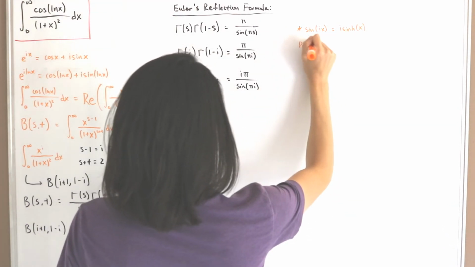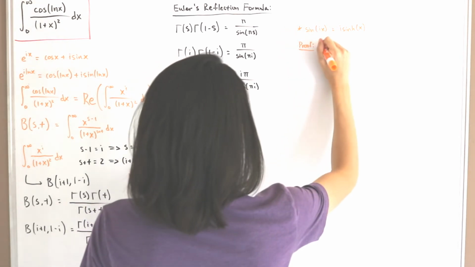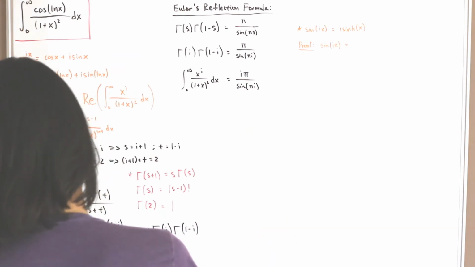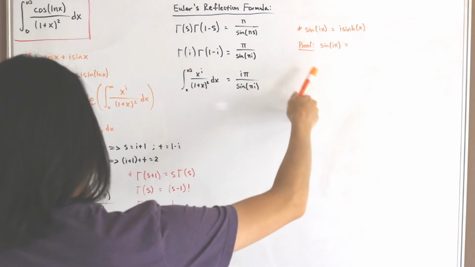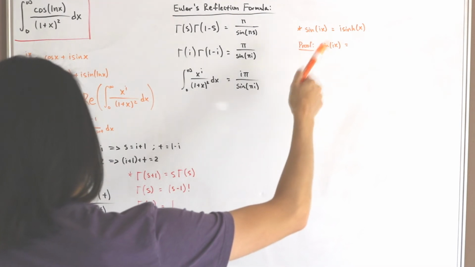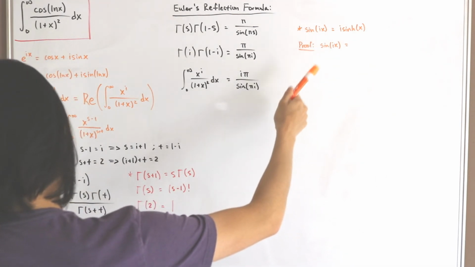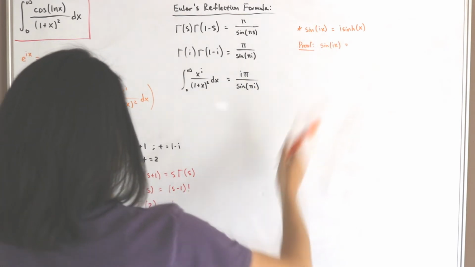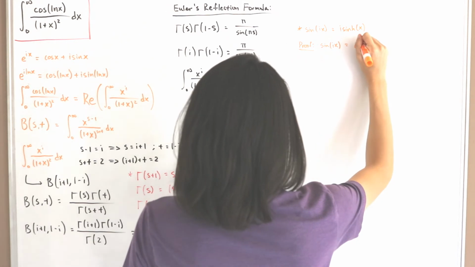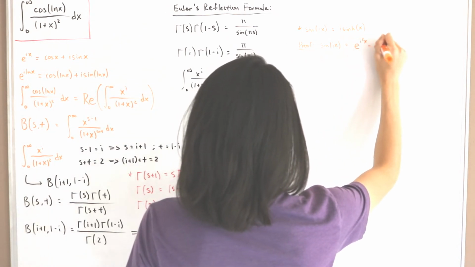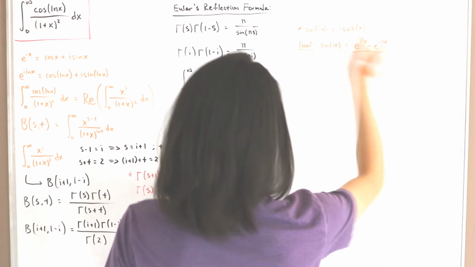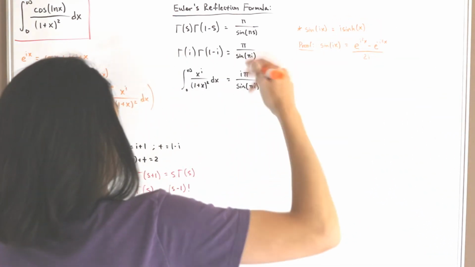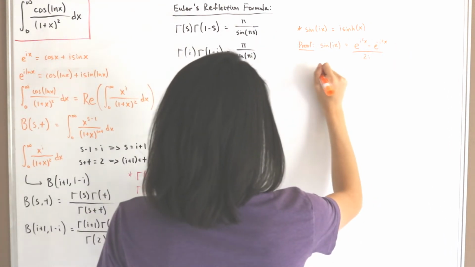If I start off with sine of ix, using the definitions with the exponential functions, we know that sine of x is defined as e to the power i times x, subtract e to the power negative ix, divided by 2i. So if I put i times x into here, we're left with e to the power i squared x, minus e to the negative i squared x, and of course divided by 2i. We know that i squared is just equal to -1, so therefore we have that